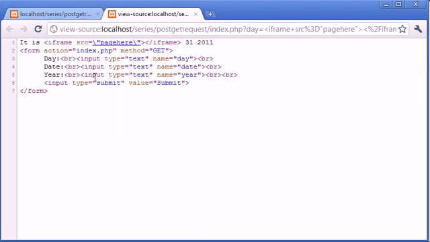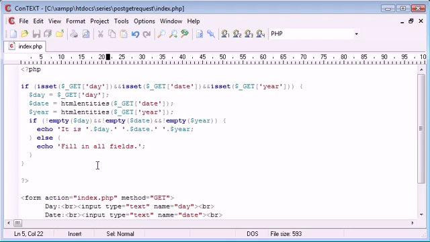Now let's view the page source, and you can see that the code exists as you would normally type it on a page. So you'd normally type iframe if you wanted an iframe to be displayed. Now this is a massive security issue because we're displaying it as we might type it if we wanted to create the page. So with the htmlentities,